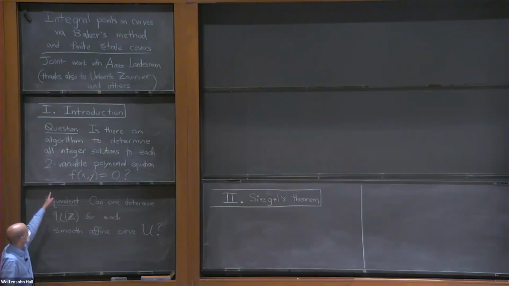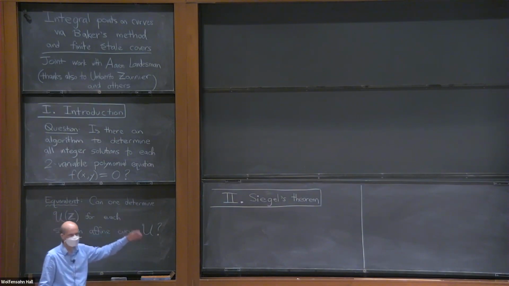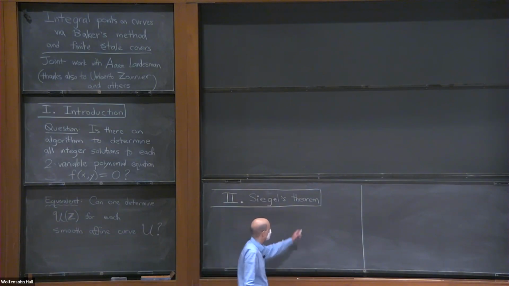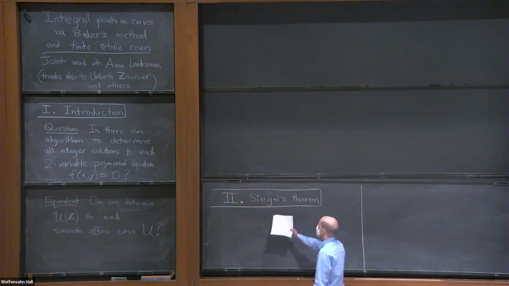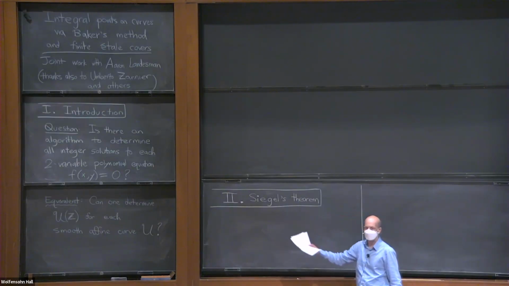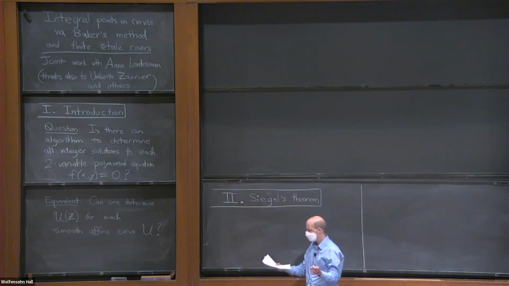If you want to express this problem in more geometric terms, you can ask for integer points on an affine curve. And you can assume it's smooth by just normalizing. But before getting to the new results, let me review Siegel's theorem, which is the main qualitative result about this problem. Before I state the theorem, I'll need the notion of Euler characteristic, so let me just